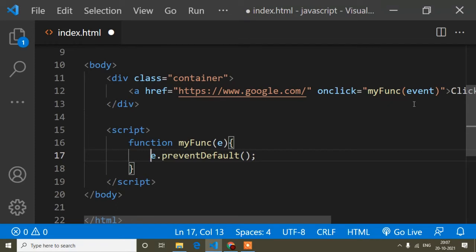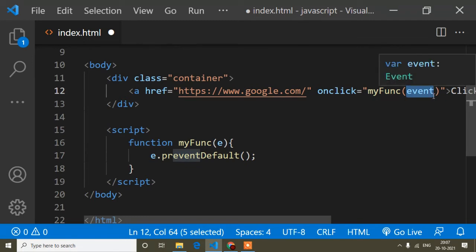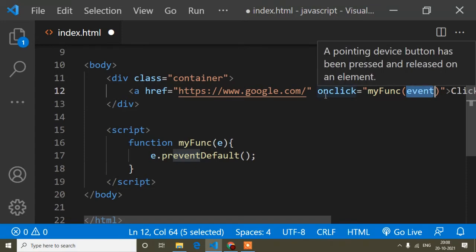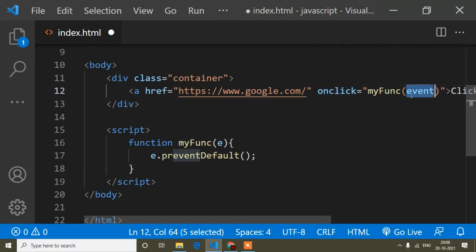Here one thing you have to remember is that you have to pass event, because it will capture the event, otherwise how will it capture the event, right? When I want to prevent any event, first of all I have to get the event. So for getting the event of this anchor tag, I passed the event parameter here.